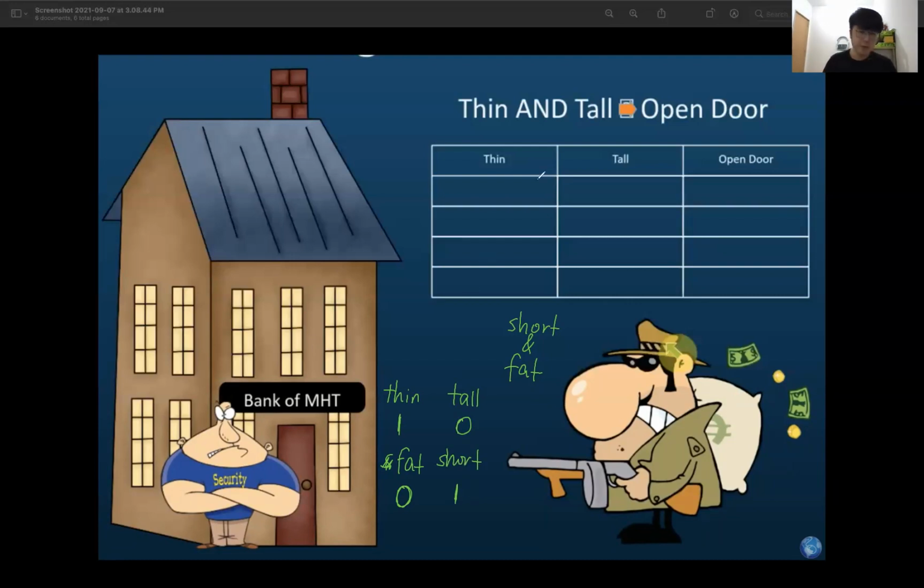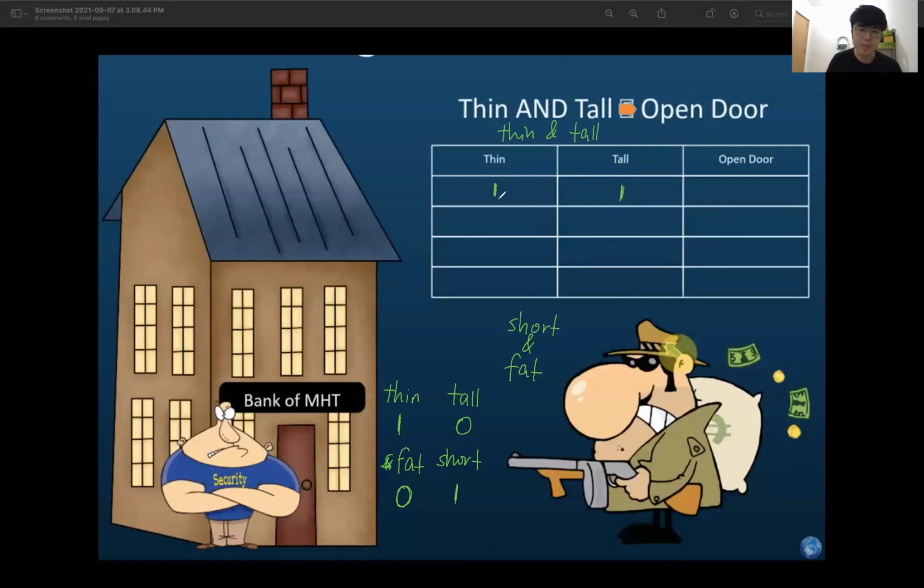Okay, so the first one. Now remember our instruction. What is our instruction? Thin and tall. We want to open the door, right? So the first customer comes, and this customer is thin and